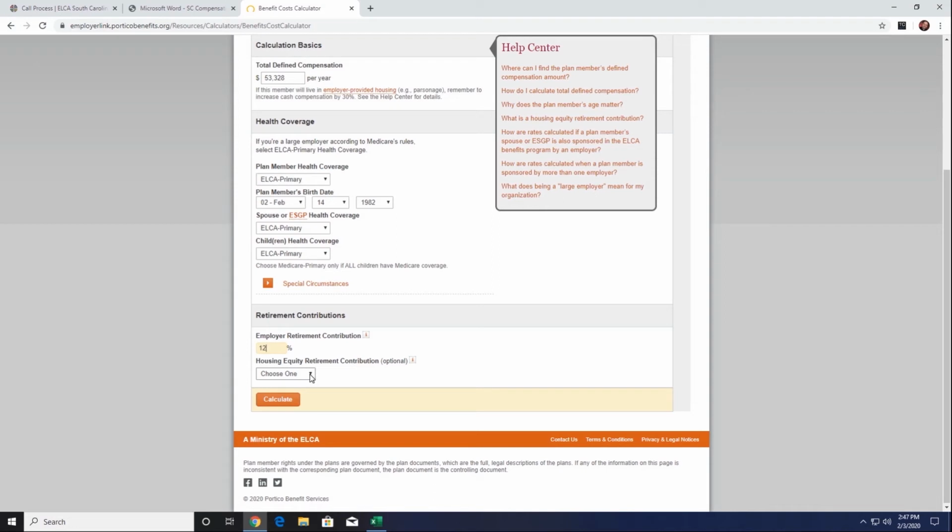So, again, for folks who have a housing equity allowance, most of the time that is for folks who are not getting a housing allowance, that a congregation would set up in that context a housing equity, so that the rostered minister was given a certain amount of compensation to help them for the loss of equity since they don't own their own home. And so at that point in our situation here, I'm going to put none because that doesn't apply to us. And I'm going to push calculate.